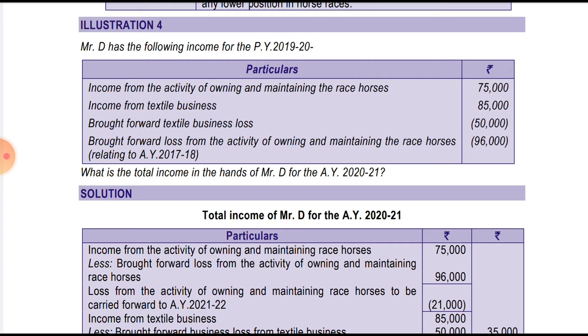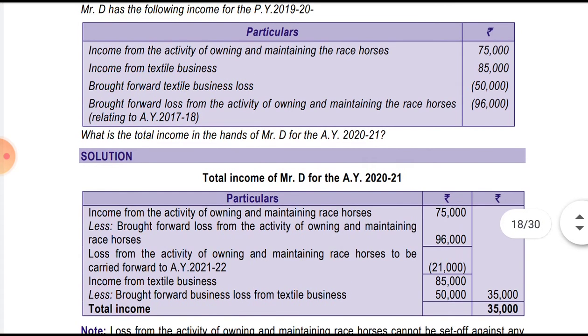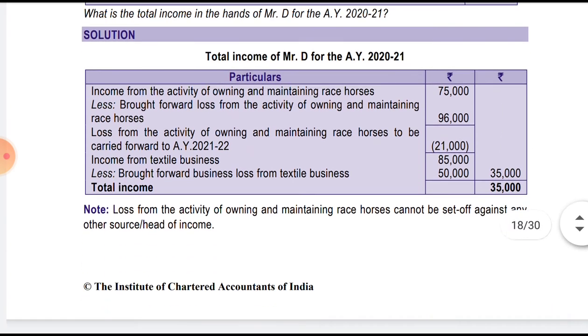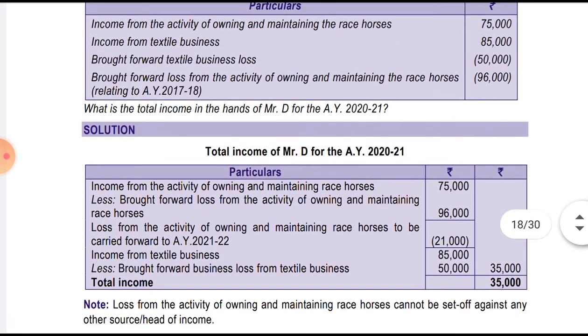So what is the total income in the hands of Mr. D for the assessment year? 85,000 minus 50,000 is 35,000, and from the owning and maintaining of horses, 96,000 minus 75,000 means the income is 0, and the 21,000 loss from owning and maintaining has to be carried forward for assessment year